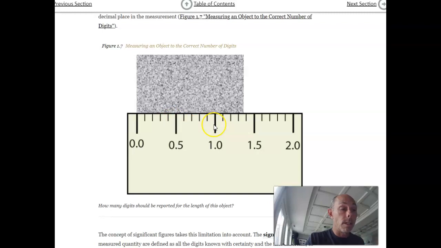All right, next thing I do is write down all of the known values, all the values I know for sure from this device. Well, I know it's greater than 1, so I'm going to write down 1. And I also know that it's greater than 1.1, 1.2, 1.3. So I'm certain that it's at least 1.3 centimeters. What I'm expected to do is write an additional value. This is the estimated digit, also considered significant, that comes from estimating 10 invisible lines evenly spaced between 1.3 and 1.4. And I would estimate that that is on the 6,